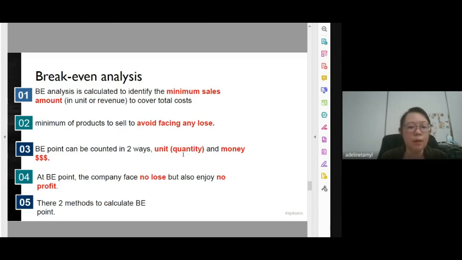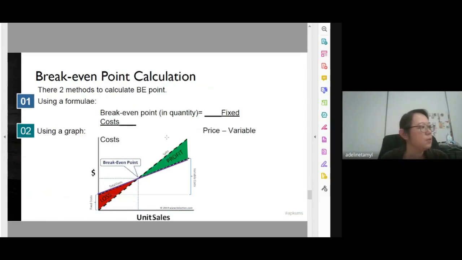So there are two ways of mentioning or calculating the break-even point. We can calculate in terms of quantity or in terms of money. So at this break-even point, the company is facing no loss and no profit. If the company is selling more than break-even, then the company is enjoying profit. So there are two methods to calculate. Let me share with you. The first method is,